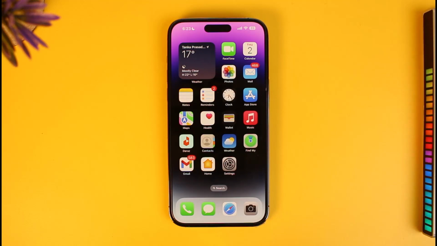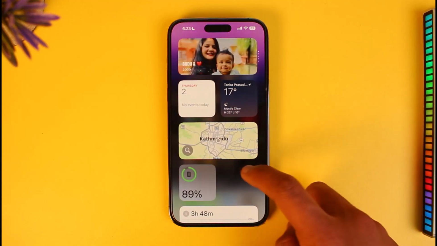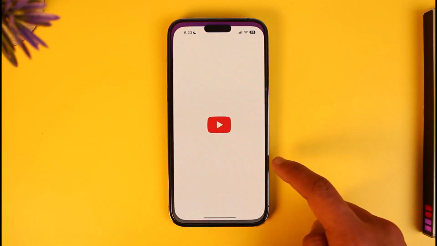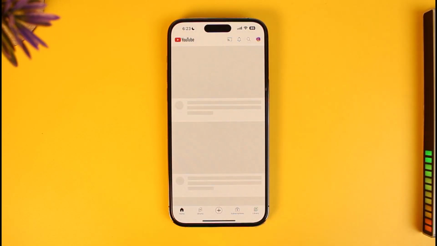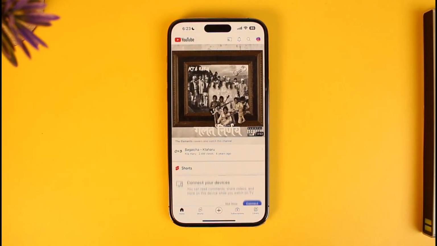In order to remove our Google account from YouTube, by default whenever you open the YouTube application, it's going to be logged into your Google account, right? And if you want to remove your Google account and just watch YouTube without signing into your account,